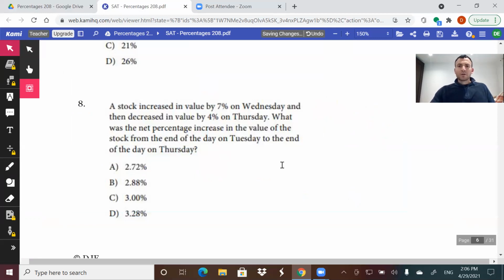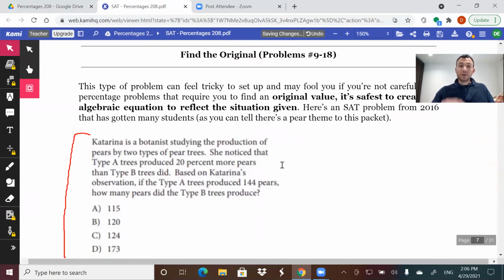All right. So let's look at this other type of problem. And this problem gets so many people. In fact, if you want, pause the video and see if you're smarter than the test on this one. See if you can figure out this Katarina problem. I'll say this though, if you are not careful, if you don't go through the steps individually and you take